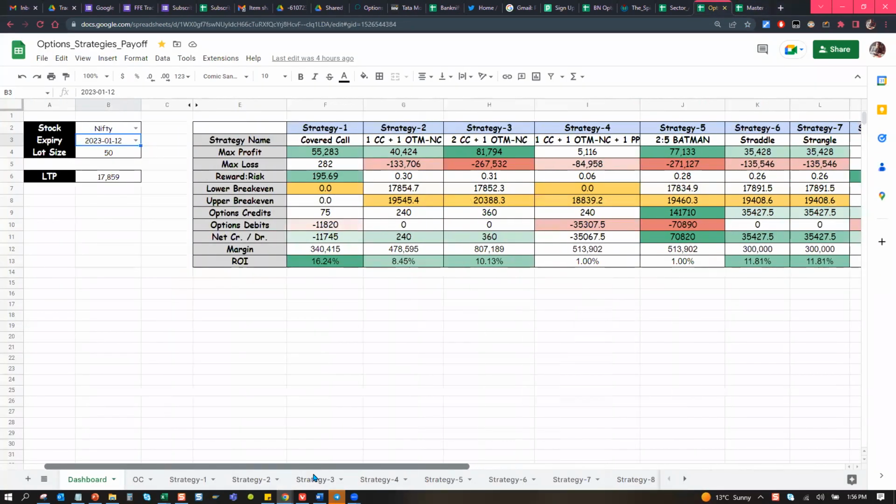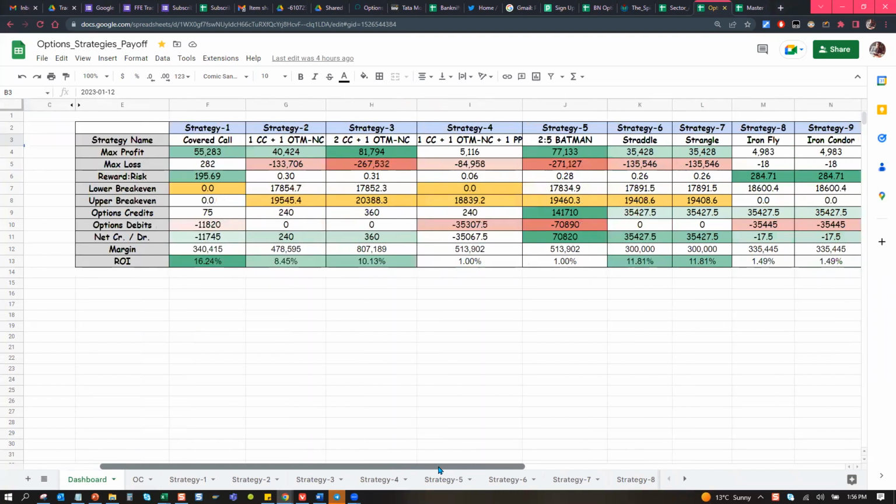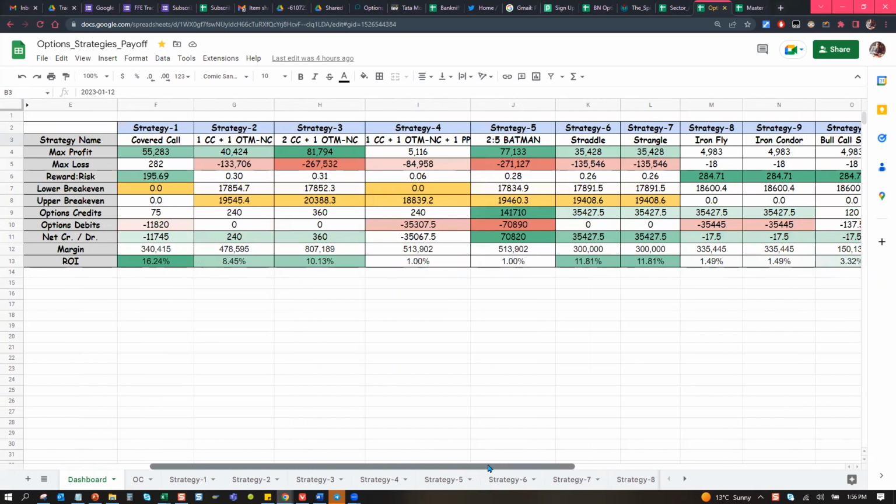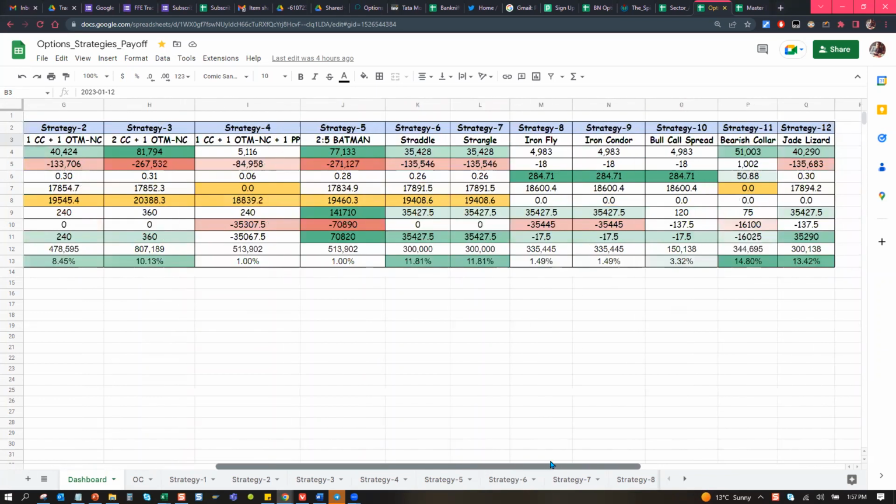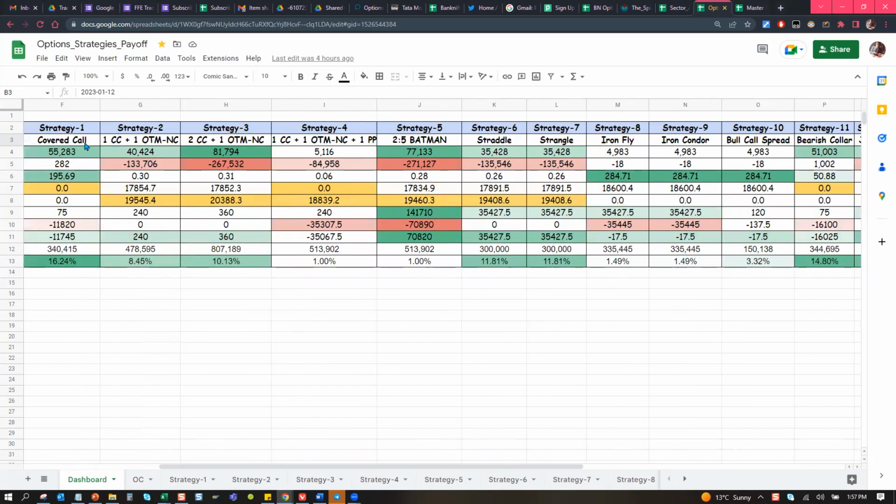created in collaboration with Kothari ji very long time back, is an option payoff strategies. So for example, you want to initiate a trade in Nifty. Now you don't know कि कौन सा ट्रेड बनाऊं मैं, और अभी समझ नहीं आ रहा है कुछ. आपके पास यहाँ पे you have more than 10-12 options. Okay, covered call करना है, ये करना है, Batman, straddle, strangle, iron fly, iron condor, bull call spread, bearish collar,